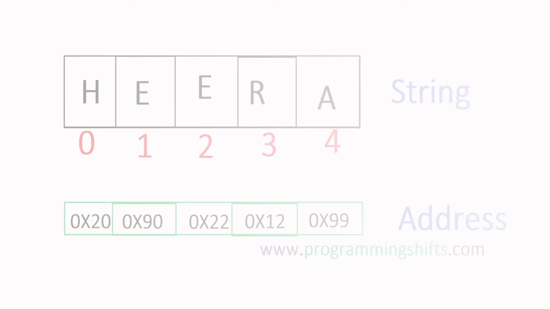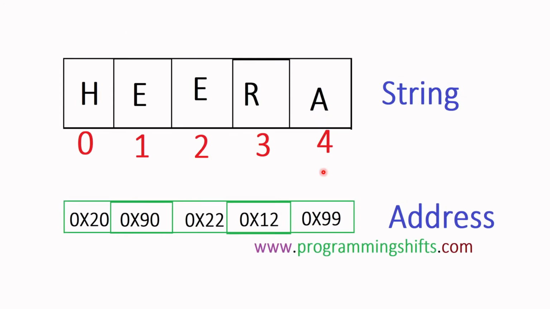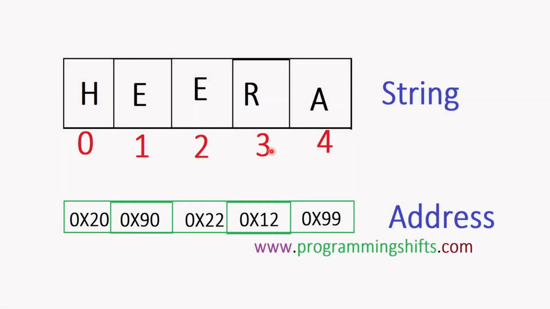So let's understand here. As you can see, I am going to take my name Hira as a string, and it starts with the index 0 and continues to the last index, that is the fourth index, and each index is consecutively incremented, because an array contains continuous memory locations, right? So it will start from the index 0 and consecutively go up by 1, right? Each index has one memory address where the value will get stored in the memory.